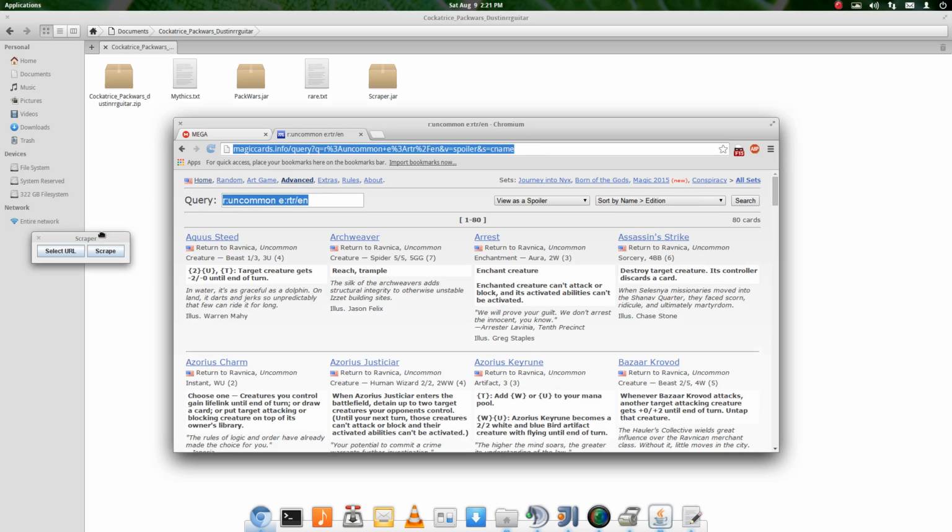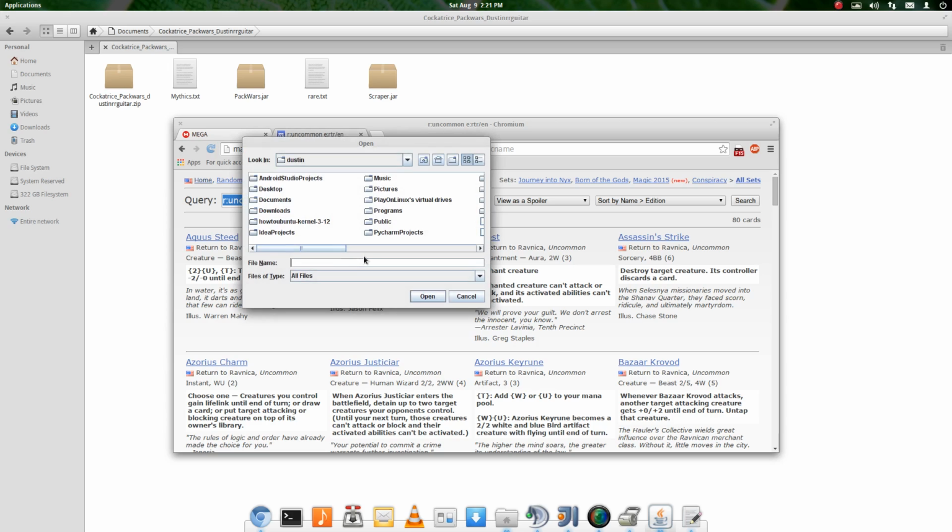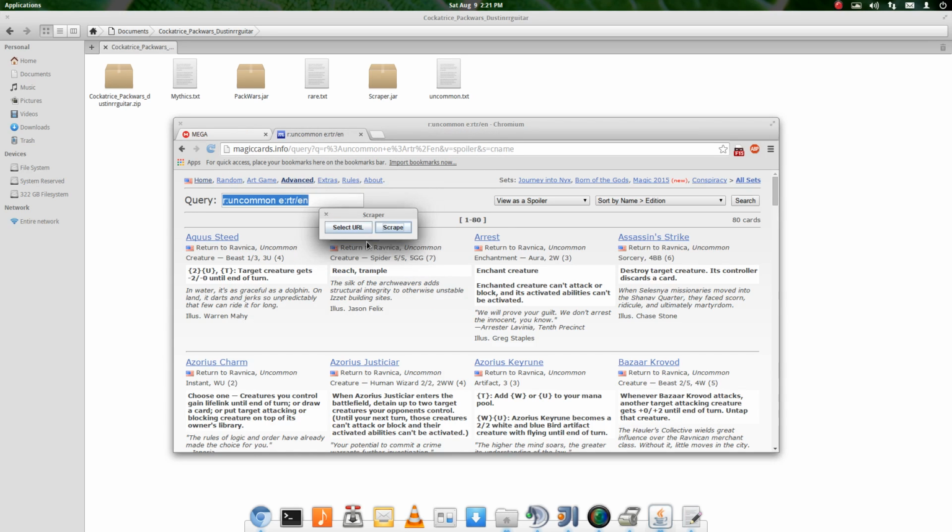Go ahead and grab that URL, select URL, Control V, scrape, and then uncommon.txt. Make sure I put it in the same folder with everything else. And that should be good. And then finally we were down to the